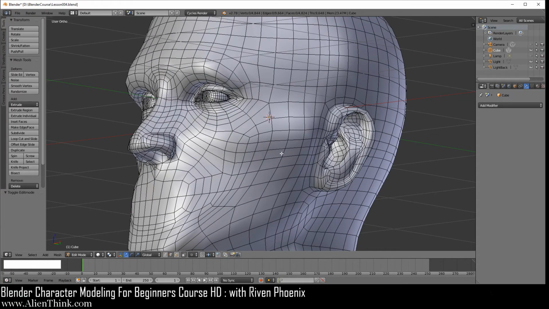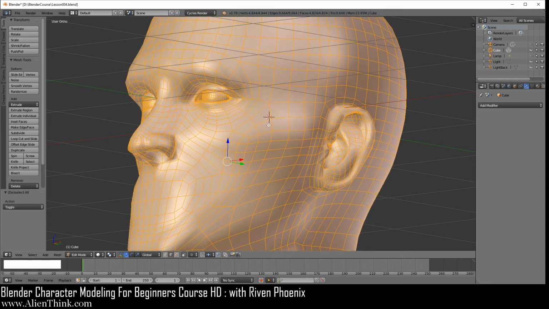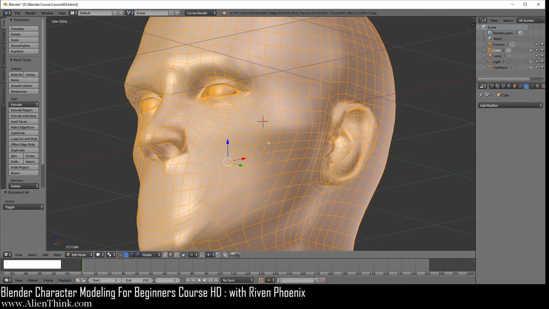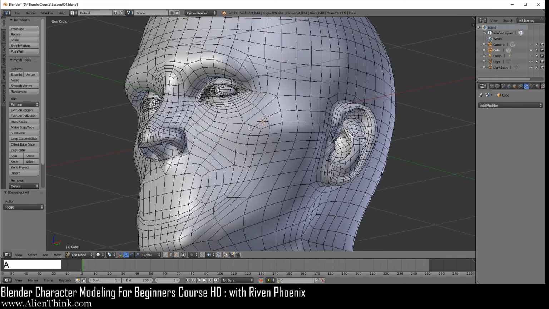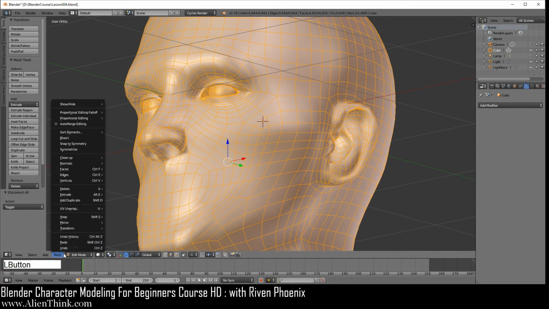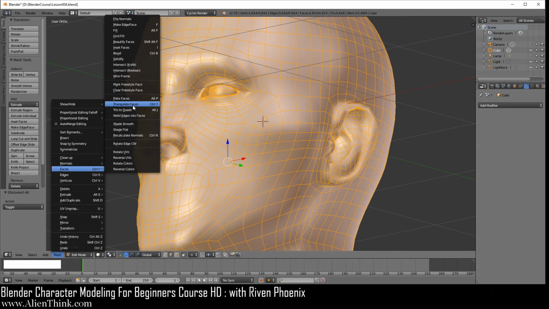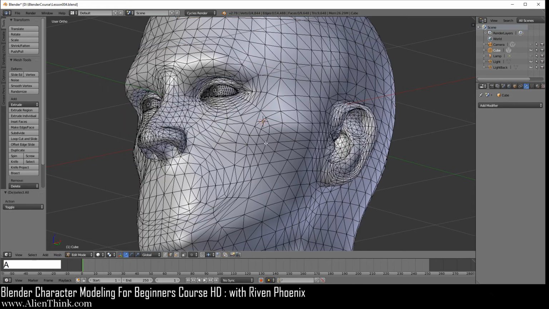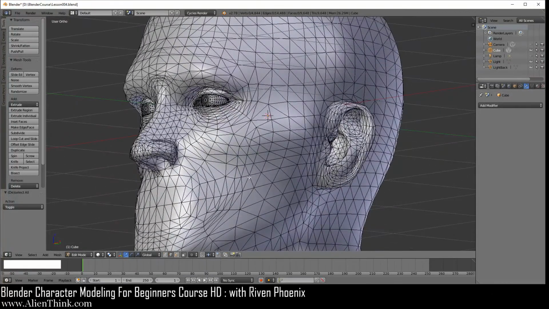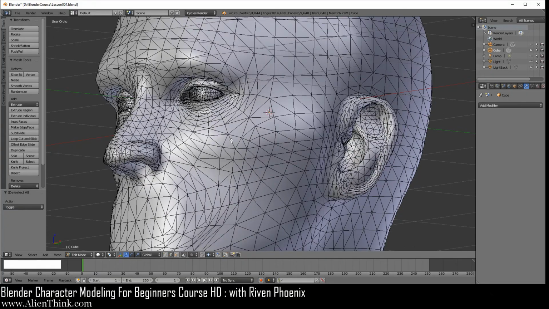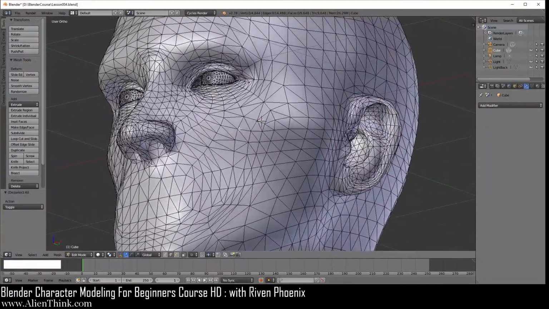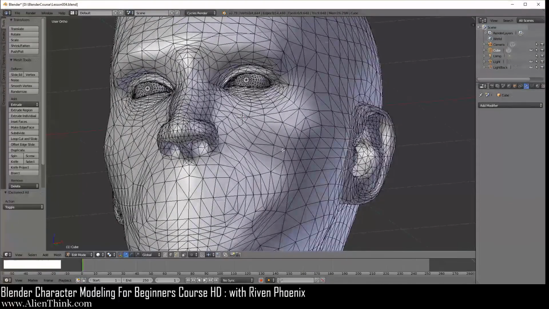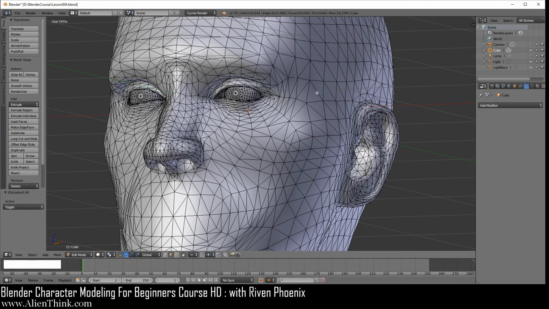So the reason I'm bringing this up is that if you export your 3D model to, let's say, a gaming engine like Unity, what's actually going to happen is this. If we press A to select everything, go under Mesh, under Faces, and do Triangulate Faces, okay, and A to deselect, you can see that these are the actual triangles. So gaming engines, this is how they actually see your model. And if you have worked with gaming engines, you will actually see the 3D model appear this way. It'll just have all these triangles over here.